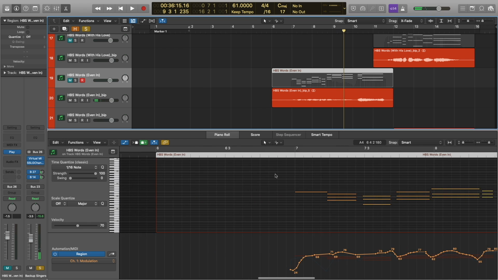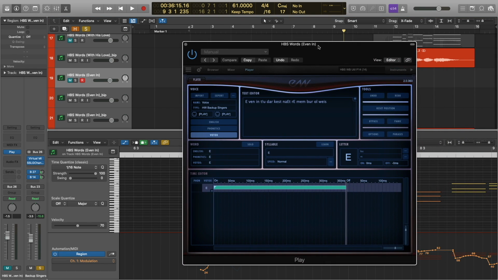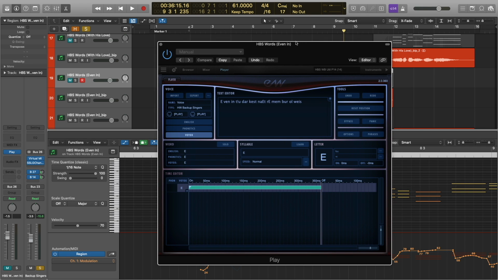Okay, now a few things I want to point out. You can see how I've got things offset here because, as I've explained in previous videos, oftentimes you will need to have different values for your note offsets with word builder patches because certain phonemes take longer to sound out. For example, the S phoneme takes longer to sound out than something like "duh" or "ta." So that's not a problem with the library, that's just how human language works.